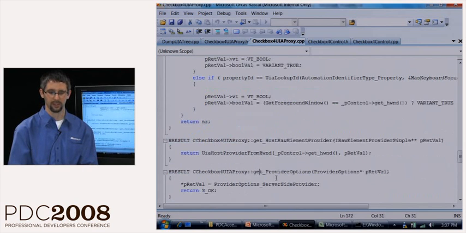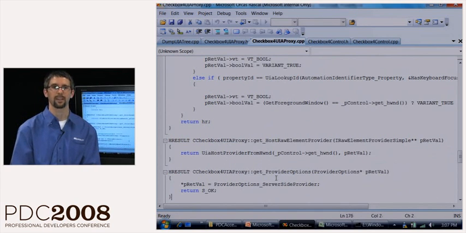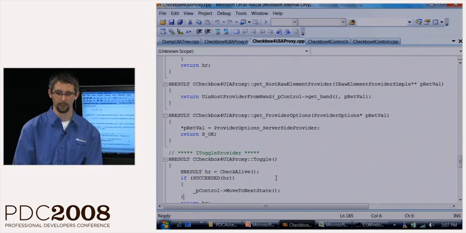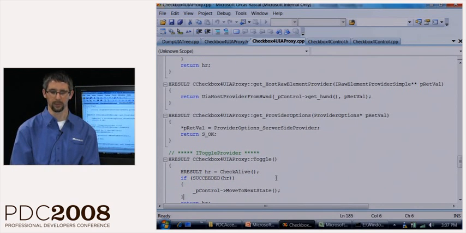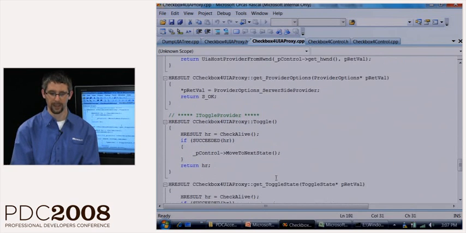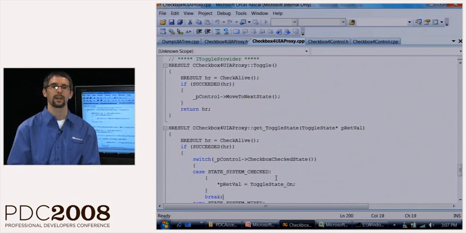There are a couple other methods on the simple interface that you want to look up on MSDN to see how you implement them, but they tend to be boilerplate, which is why I'm not going to go through them right now. I want to run ahead to the toggle pattern, and toggle has both a method and a property. The method is Toggle, and so it's going to take the toggle command and then call through to the control